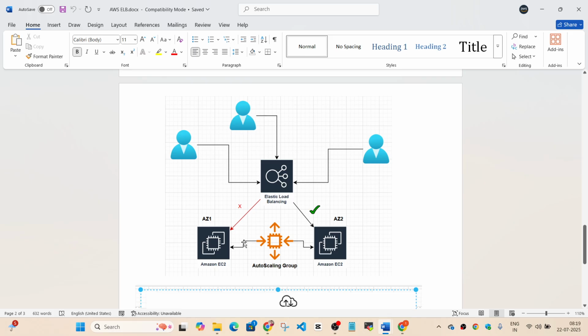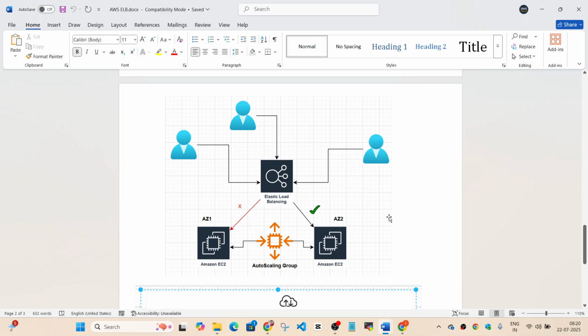So it can perform health checks on all the targets and decide whether the target is healthy enough to send the request to. If it's not healthy, then it's not going to redirect the traffic to that target machine. It's only going to send the traffic to the healthy targets.